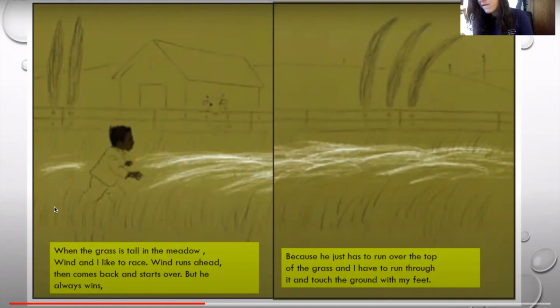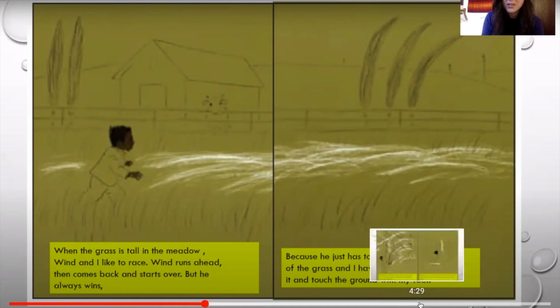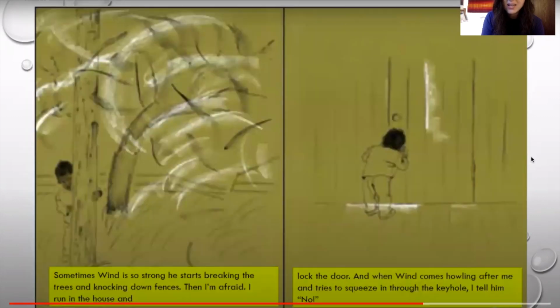How does Gilberto feel when the wind starts knocking down trees? How does Gilberto feel? Okay, let's check our chart. What does my answer have to include? It's a how question, guys. What does it have to include? That's right, a way. And in this case, we're looking for a way that Gilberto is feeling. When does that happen in the text? The beginning, the middle, or the end? Yeah, that is toward the end of the book. So let's find it.